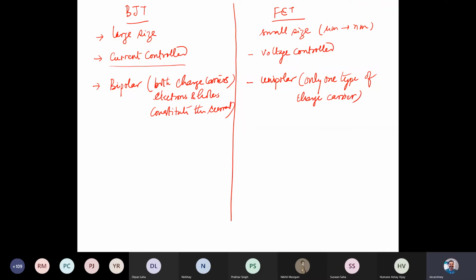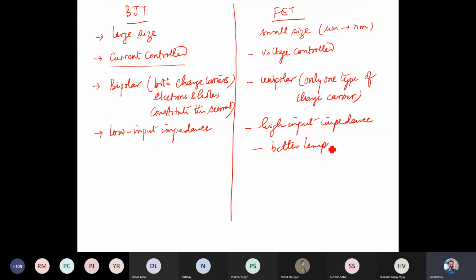Other than this, the BJT has a low input impedance, if you look at the base to emitter, whereas in this case it's a high input impedance. We also have better temperature stability, and it can be used to create integrated circuits.